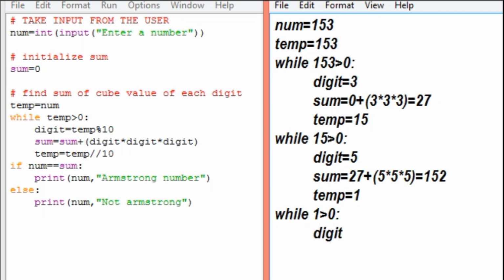Now digit equals temp modulus of 10. 1 modulus of 10, so we get 1 stored in the variable digit. Again, sum equals the actual value stored in the variable sum in the previous iteration, which is 152, plus the cube value of 1, which is 1 itself, and we get 153 as output.